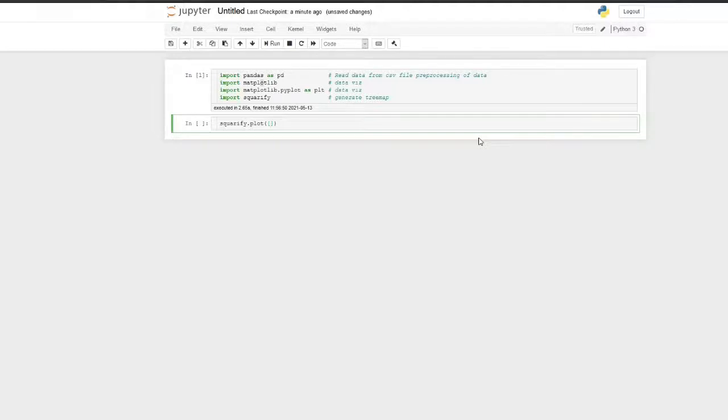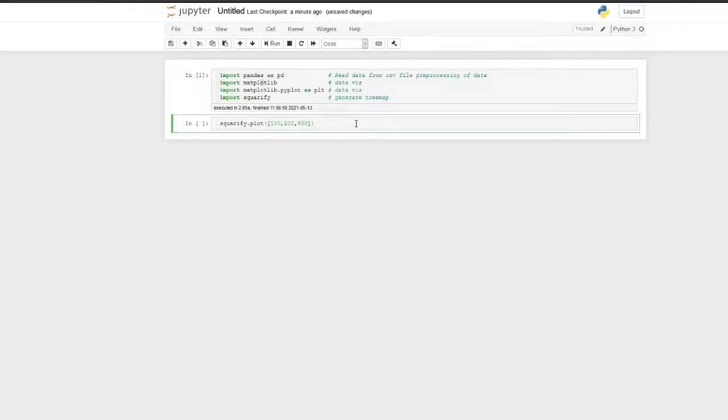It will take the sizes as an array. So let's take one measure as 100, one as 200, and the other one as 400. So now you know that this square will be 4 times bigger than the first square, I mean rectangle.